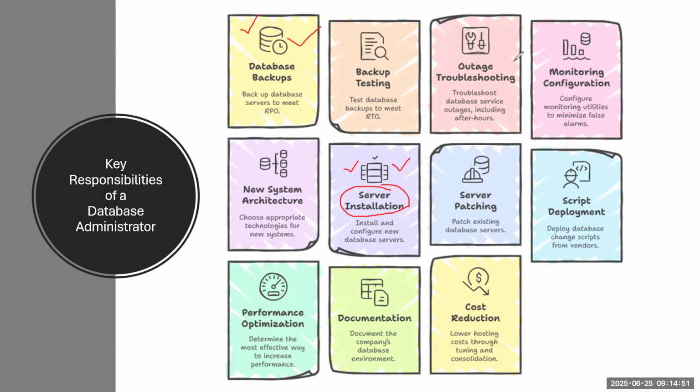And configuring high availability. Where is high availability? Oh, I did not mention it. Sorry, HA and DR, I will update this slide. HA and DR are very important: high availability and disaster recovery. In SQL Server, you have log shipping, database mirroring, clusters, and AG, Always On Availability Groups. Using any one of these techniques, you will maintain high availability.